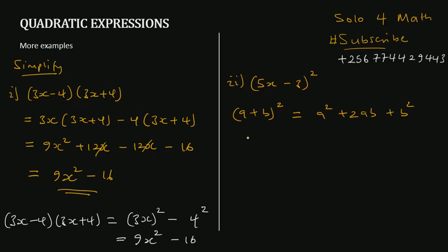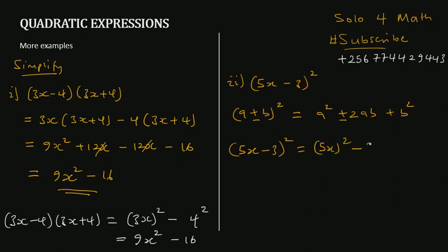Then if you have a minus here, then we would have a minus here. So in this case we have a minus, so meaning our 5x minus 3 squared is equal to 5x squared